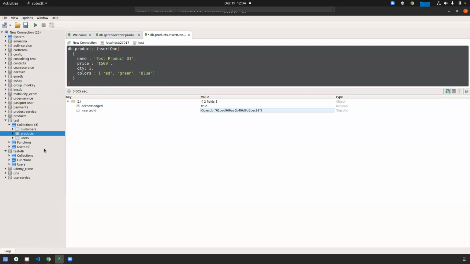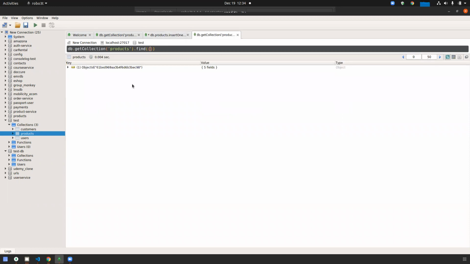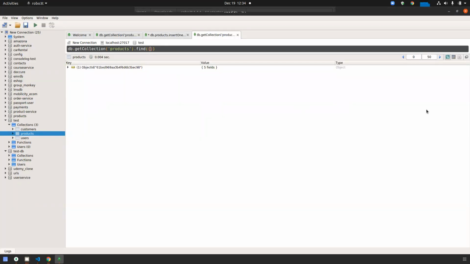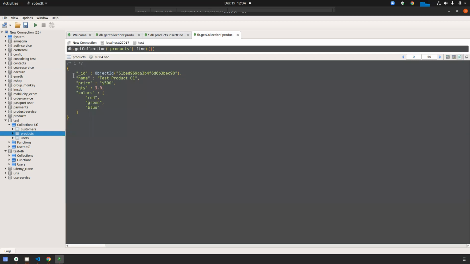Let's see if it's inserted or not. That object ID is the product ID. Thank you for reminding me; I remembered I needed to give something, but I forgot. You can see that the record has already been inserted. See the name, the price, the quantity. The quantity is showing like 3.0, that is an integer.